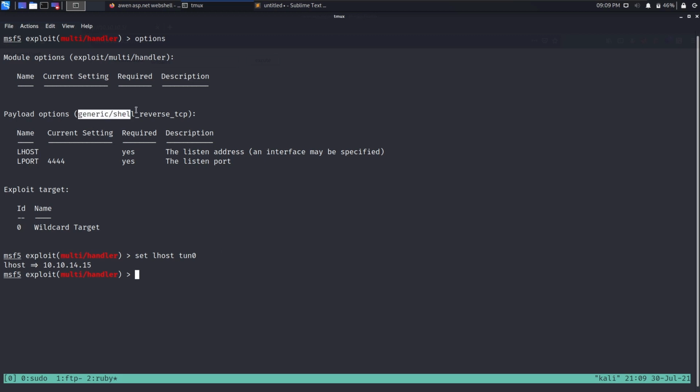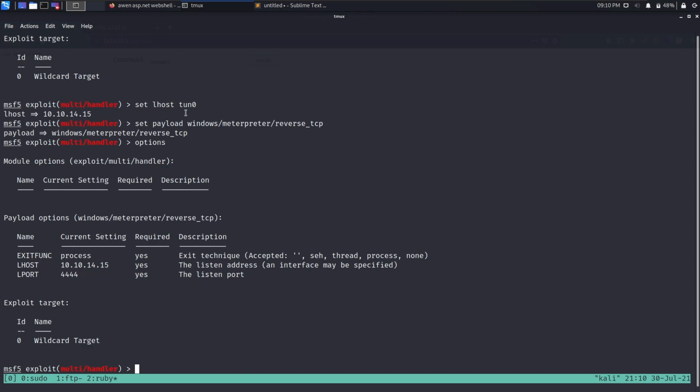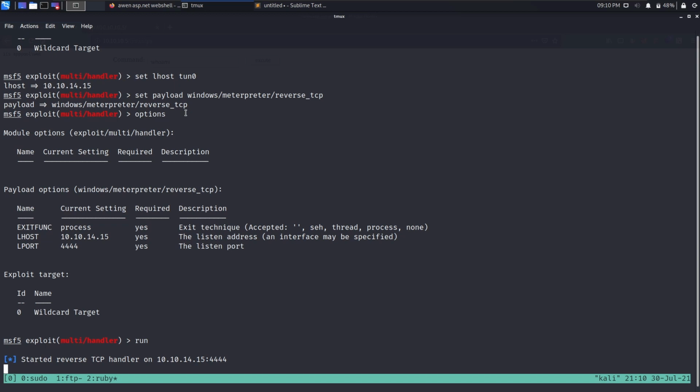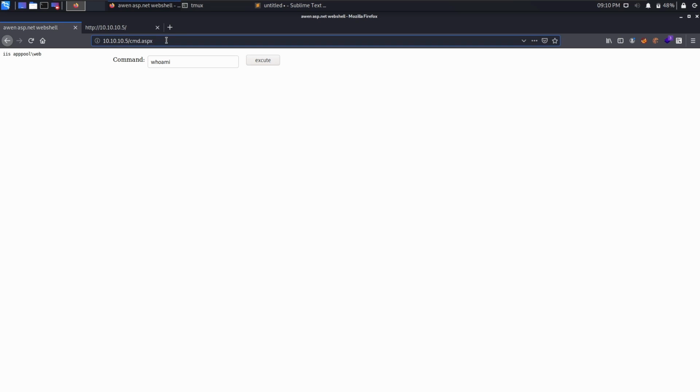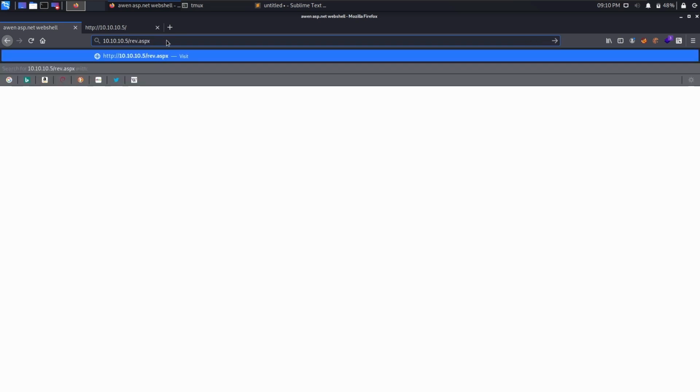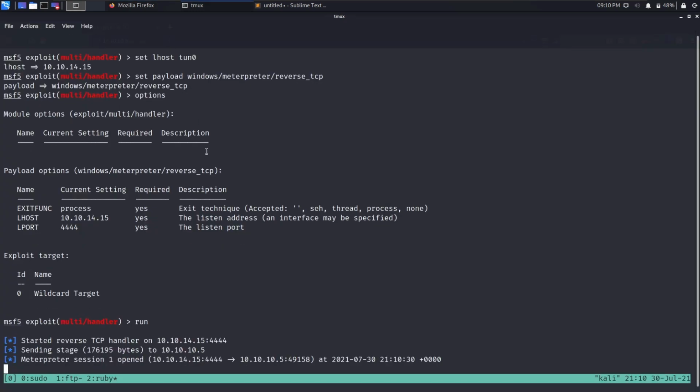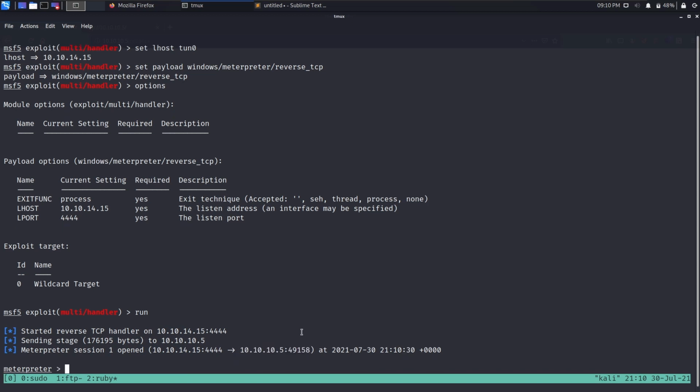It does choose a generic shell reverse TCP, but we are using Windows Meterpreter reverse TCP. Let's confirm, and we have set everything properly. So let's do run, and now it is waiting for a connection. Now we can change the name over here to rev and press enter, and we can see that we are getting a connection back from the target machine, and we get a Meterpreter